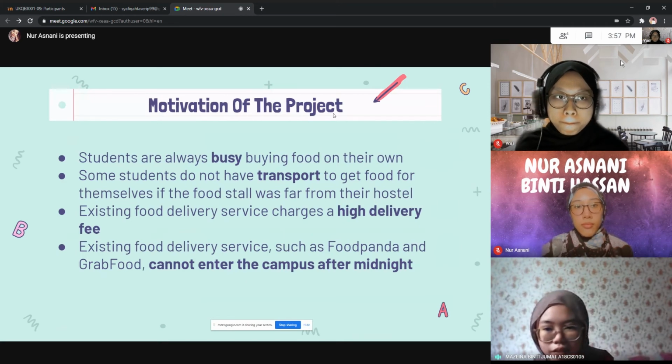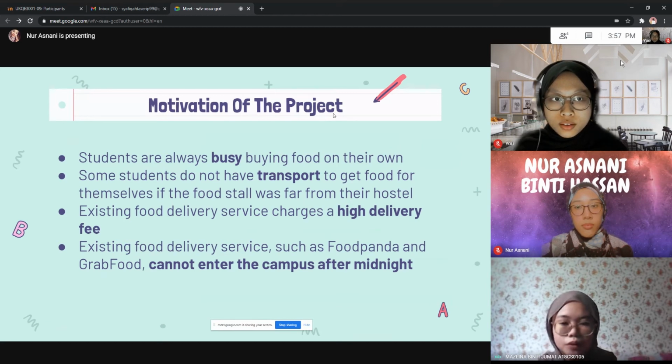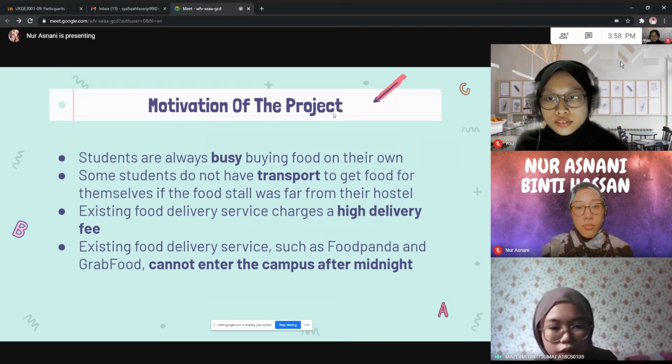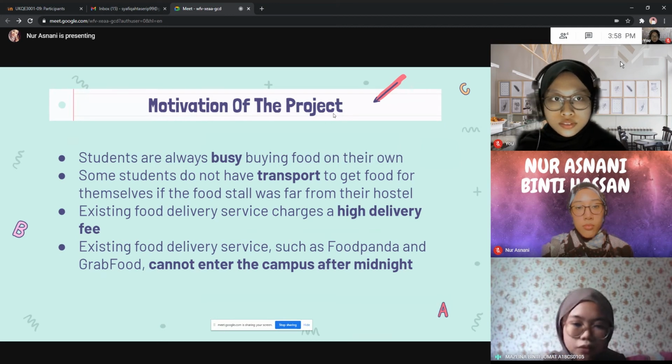The motivation of the project, which is the reason why our group chose to develop a food delivery service application, is because students are always busy buying food on their own because of assignments and exam studies. Also, some students do not have their own transport to get food for themselves if the food stall is far from their hostel.